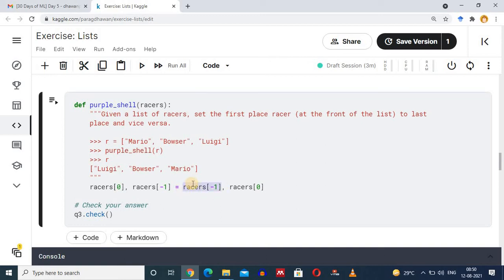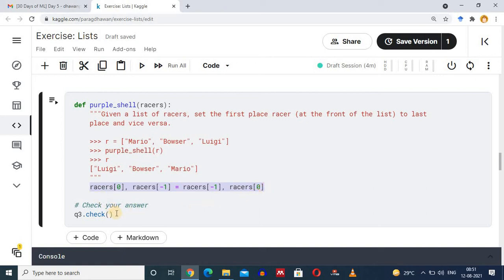By this, the last element is accessed and put into the first position of the racers list. By this, the first element is accessed and put in the last position of the racers list. By execution of this statement, you have swapped the first and last elements of the racers list by list indexing in a single statement in Python.